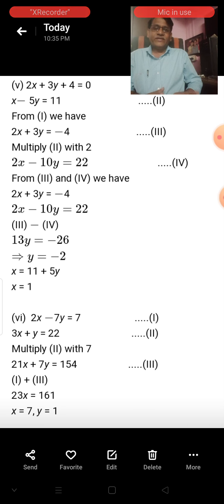Only 2 exercises are there here. Today we completed the first exercise. Now only the second exercise is there, and that depends upon word problems. In a word problem, you first have to form equations 1 and 2 from the given word problem, and then solve by the same method and find out the values of x and y. So in the next algebra lecture, we will complete that second exercise, the word problem exercise.